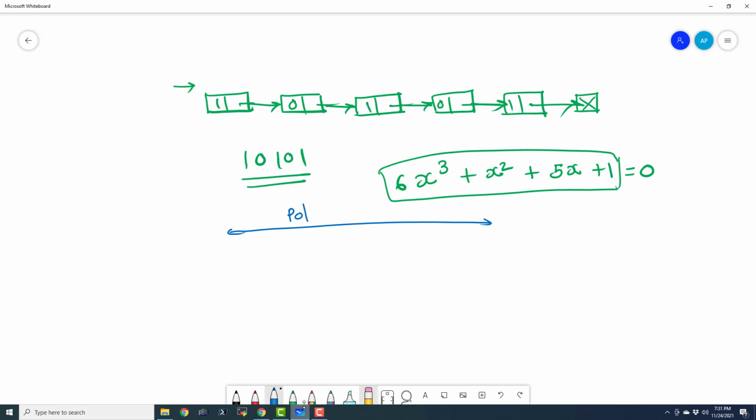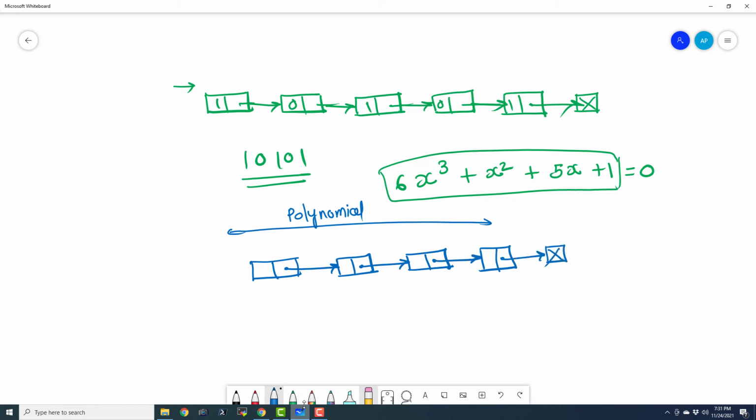I will say polynomial. And I am going to draw 4 nodes now. 1, 2, 3, and 4. Now here every node will correspond to a particular degree of that polynomial.